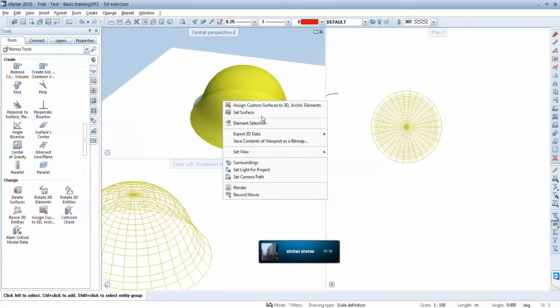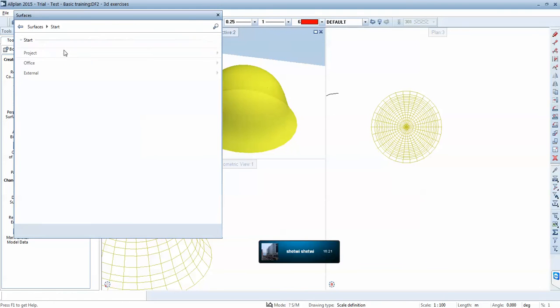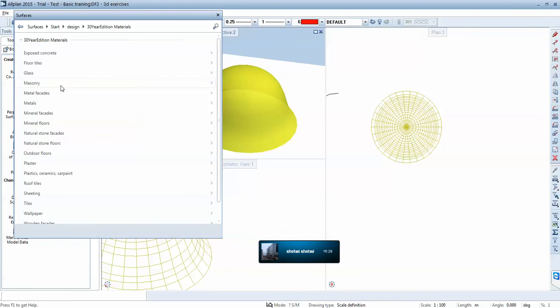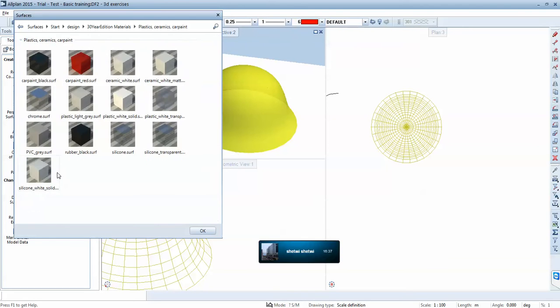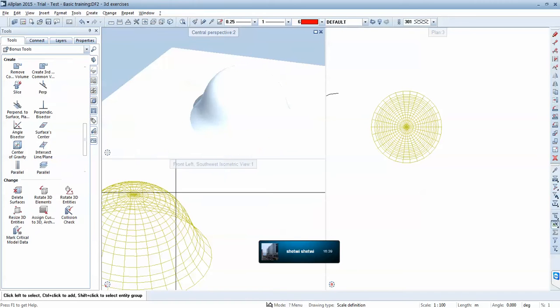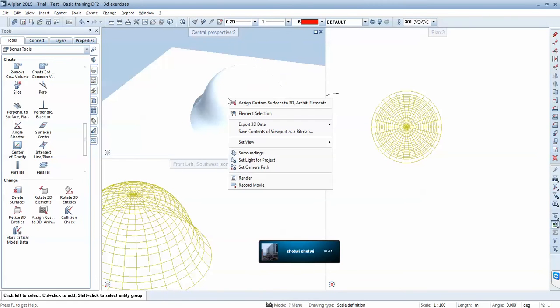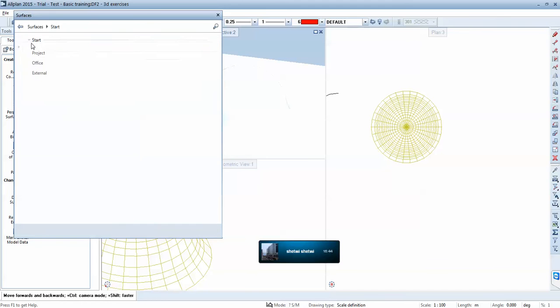I can right click and say assign custom surfaces to 3D, and I can go to the office standard, or let's see here what's new with these new materials. Let's say they have something like masonry, plastic, ceramics, and say this. Not interesting. It's just like a white, but I'll use another one in office. Default. Well, in standard I can use